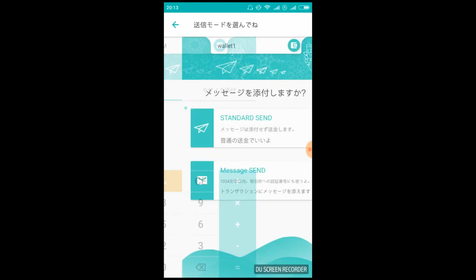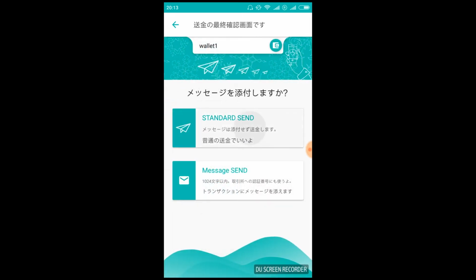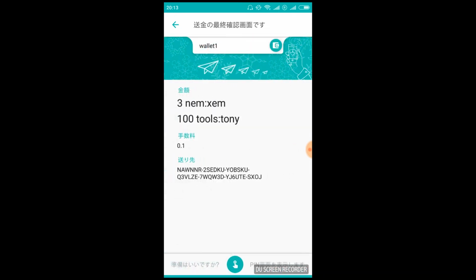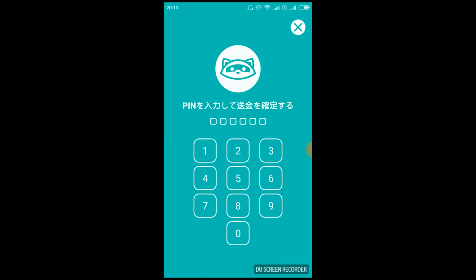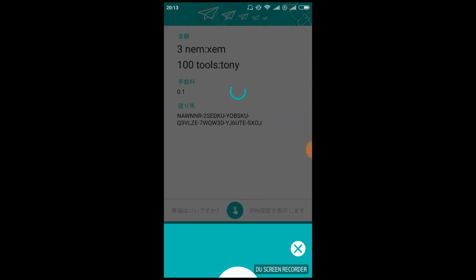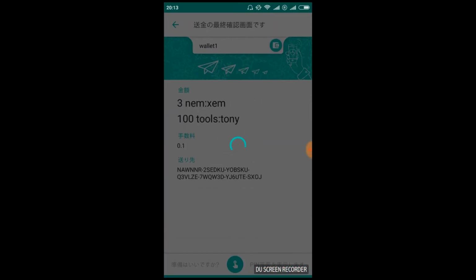I want a standard send, so I'm sending 3 gems and 100 of my tokens, and as I said, I don't know if that would be 100 or just 1 token because of the decimals, but I will see that in my wallet. And yeah, I sent this to my